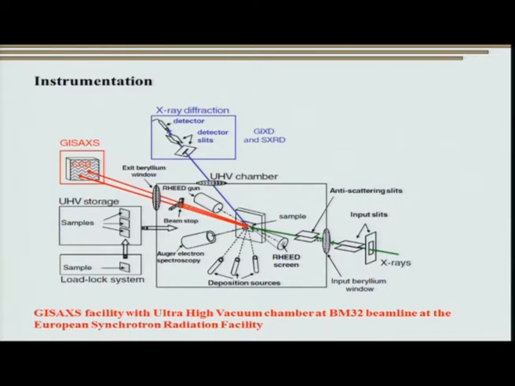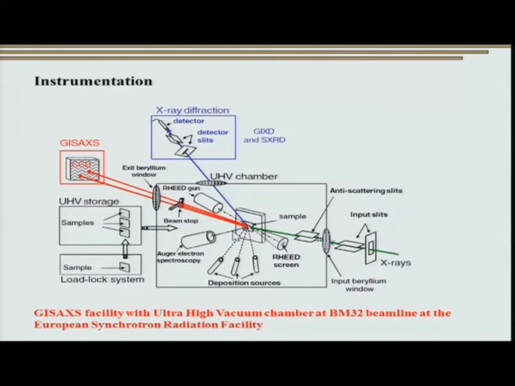So why do we have an ultra high vacuum chamber? Well, to utilize grazing incidence small angle scattering to its optimum. The ultra high vacuum chamber ensures that we can do a lot of thin film deposition, and that is what is shown over here. So you can use a lot of deposition sources and study the evolution of these nanostructures, be it nanofilms or say quantum dots, in situ, and really observe how they are growing,